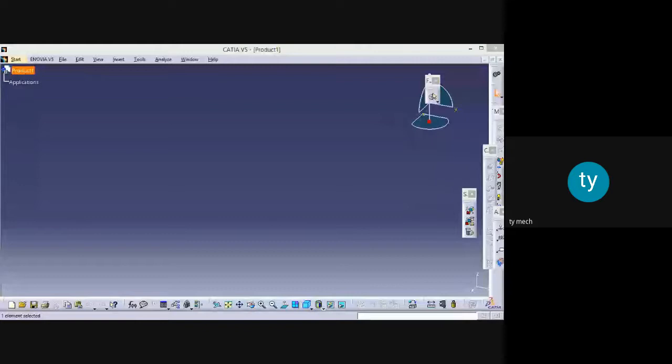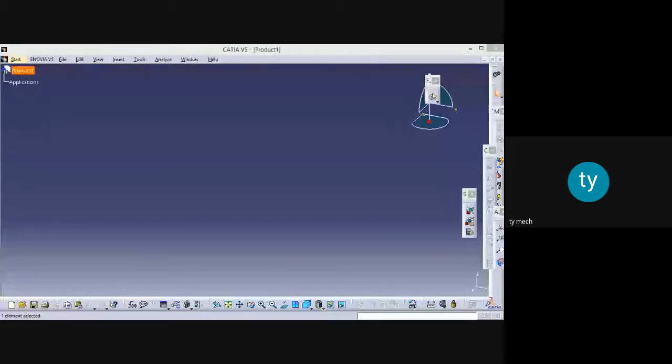So this is just an introduction to CAD software, and CATIA is one among them. In the previous lecture, I told you CATIA means computer-aided three-dimensional interactive application.